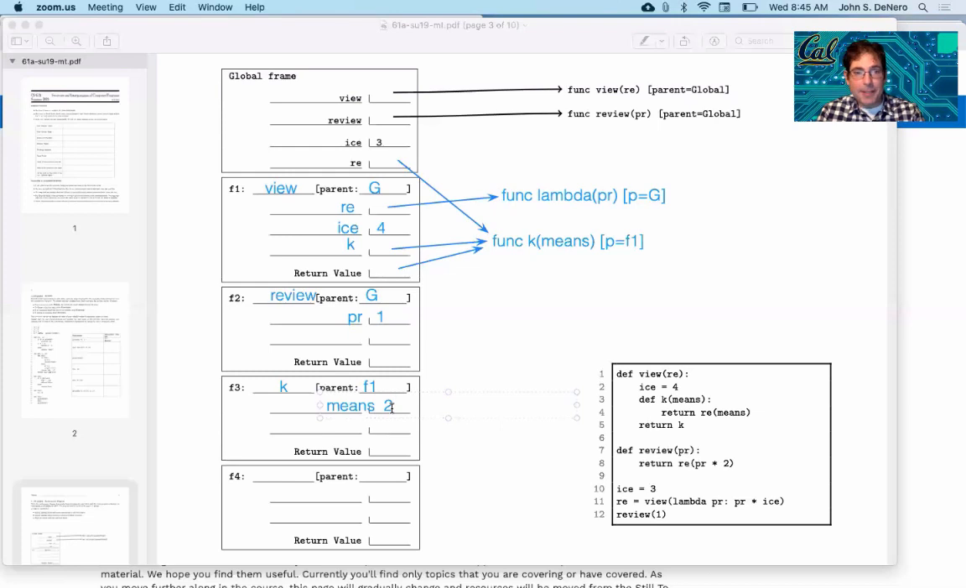Means is 2. That part is easy. What's RE? Well, we look here. There isn't one. So we look at its parent, and it is this lambda function. Finally getting to your question, I think. Okay, so we call that lambda function by writing down its name and its parent,